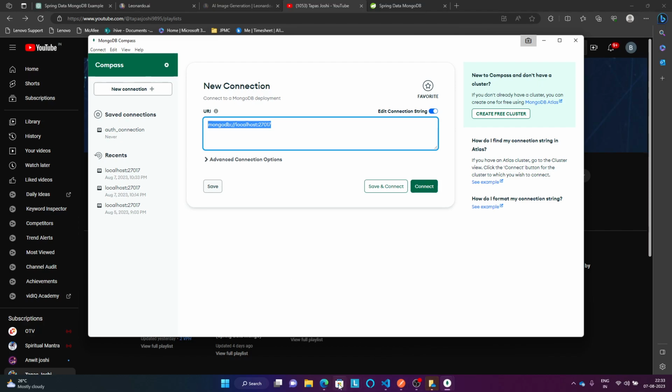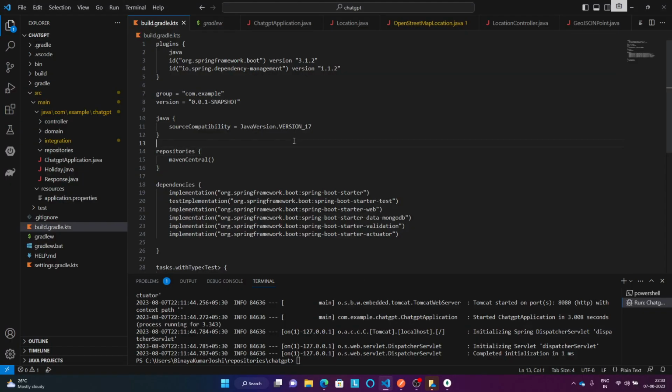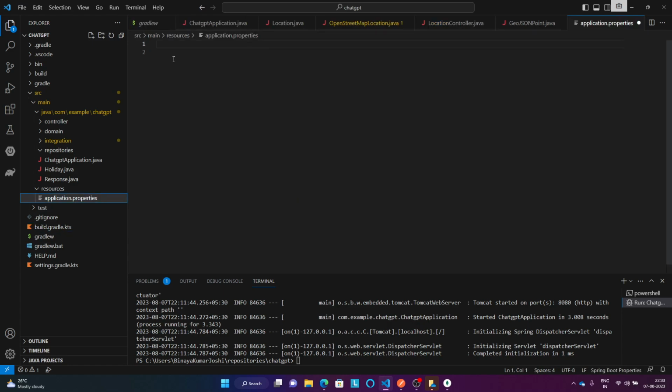First of all, our dependency is already there. We have added these dependencies. Then the next step, what we have to do is we just